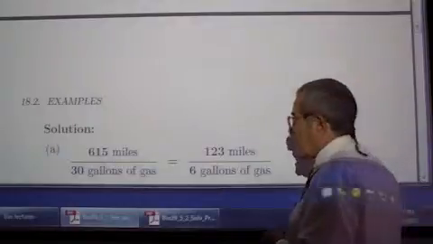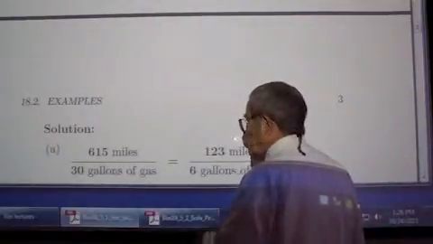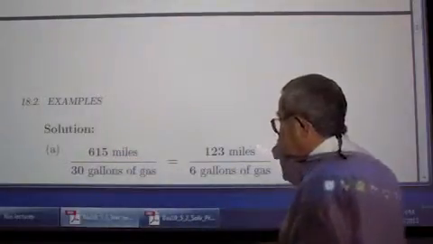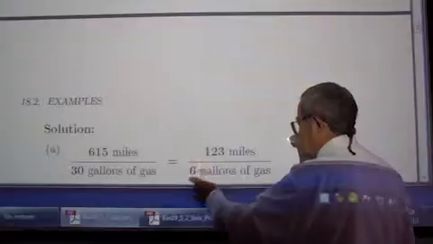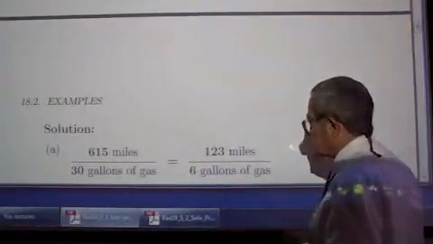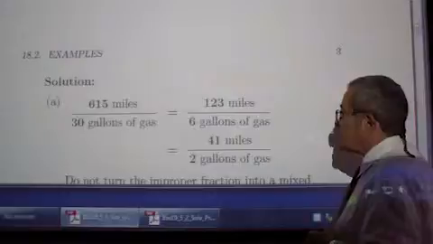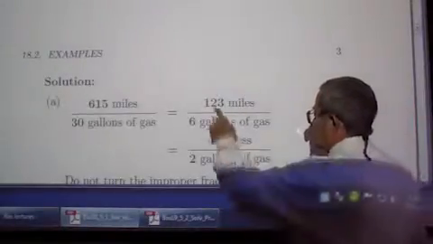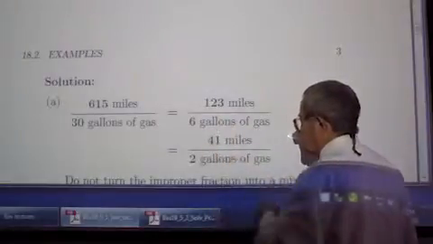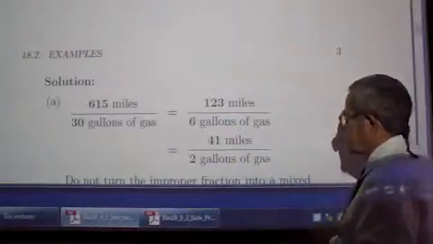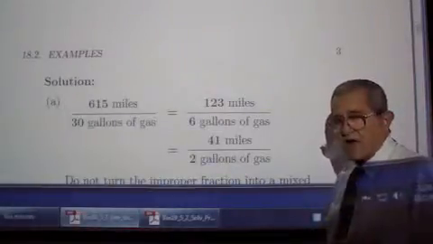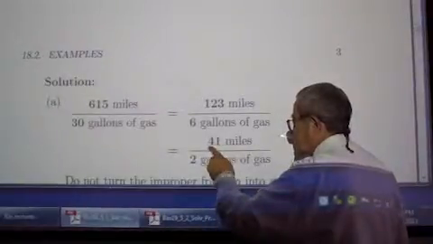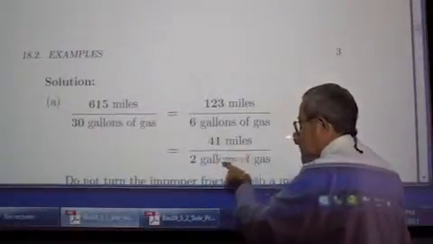So we have divided by 5. 5 apparently goes into 615 123 times. So that's the same as 123 miles per 6 gallons of gas. Make it a unit rate. You can still divide by 3, as I said earlier, so you get 41 miles per every 2 gallons of gas. How about 1 gallon of gas? How many miles? Divide the denominator by 2, divide the numerator by 2, that's 20.5, 20 and 1/2 miles per